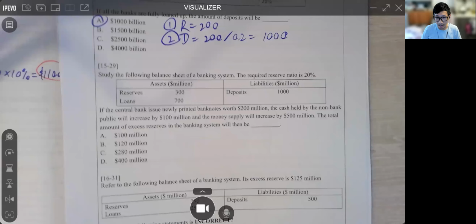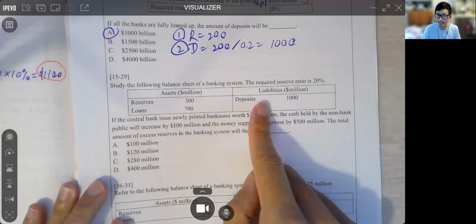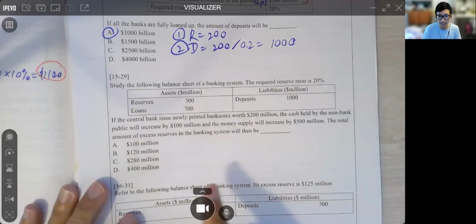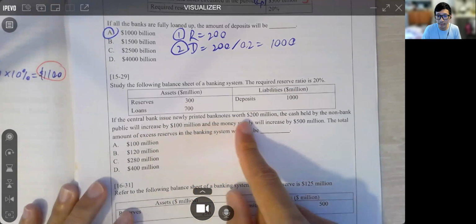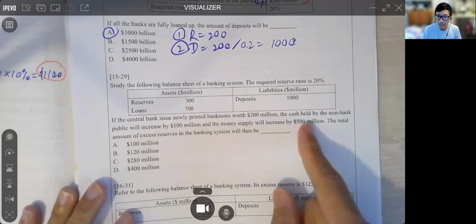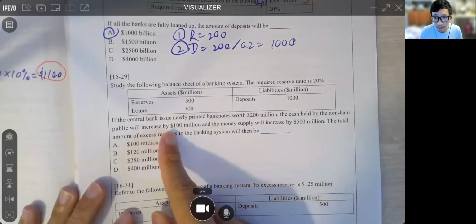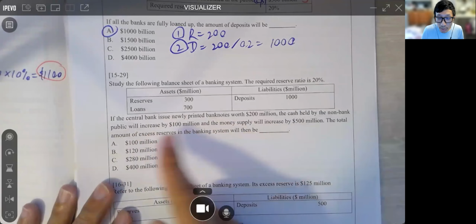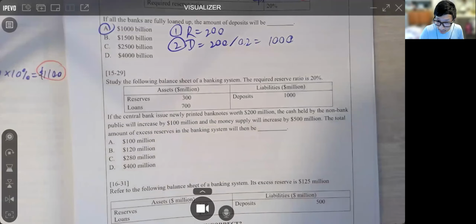Okay, 好啦，又嚟啦。Now, you are given a balance sheet like this, right? The required reserve ratio will be this one, okay, 20%. If the central bank issue newly printed banknotes of 200, the cash held by non-bank public will increase by 100, and the money supply will increase by this amount. The total amount of excess reserve, 嗱，小心啦 boys，嗱，開始賤啦，陰年玩嘢啦。